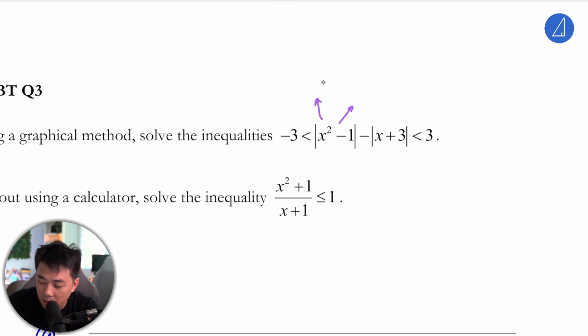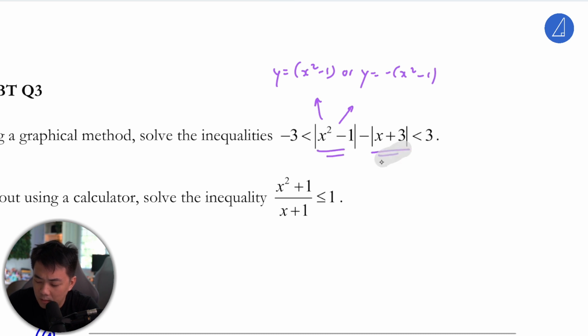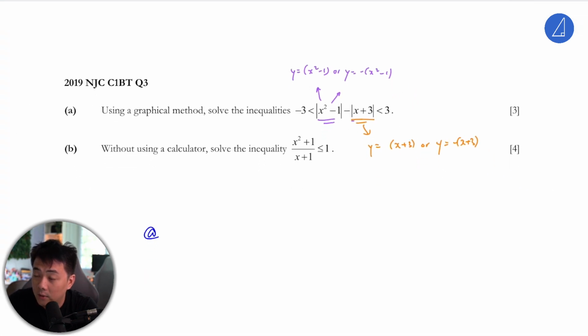So just remember modulus, we have got either this will be plus or it will become a minus over here. Whereas for the second modulus here, this would be either plus or minus as well. So there are two outcomes that we will get. So in other words, this middle expression, we have 2 times 2 permutation wise, we got 4 equations. We need potentially 4 equations. Okay, but in this case, because they didn't ask for exact, we can just use GC